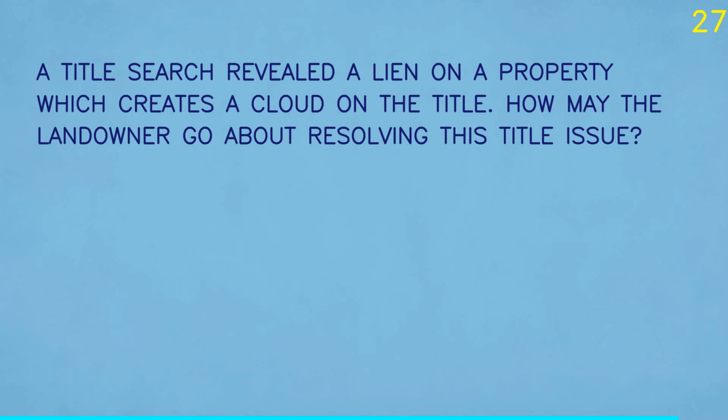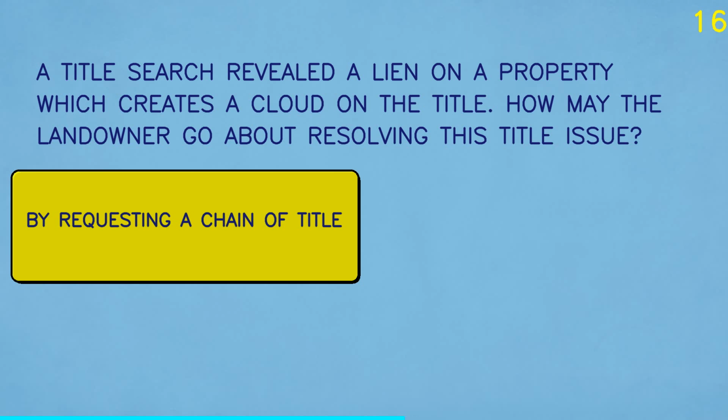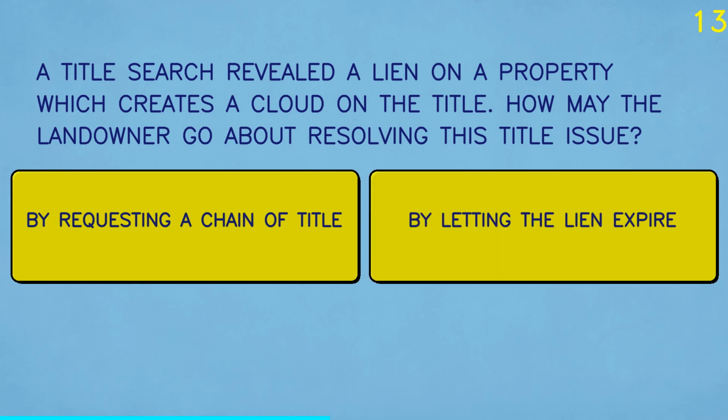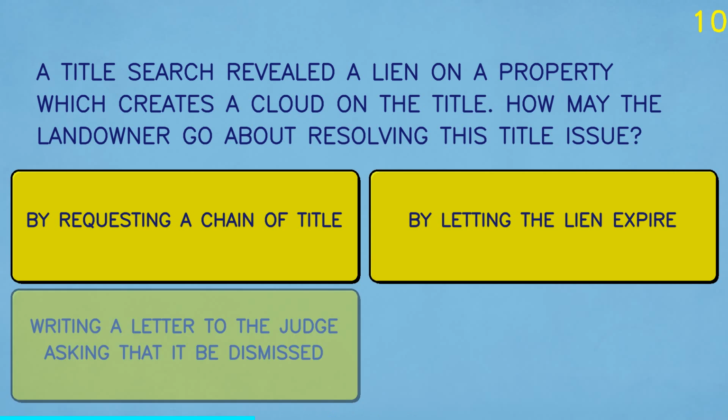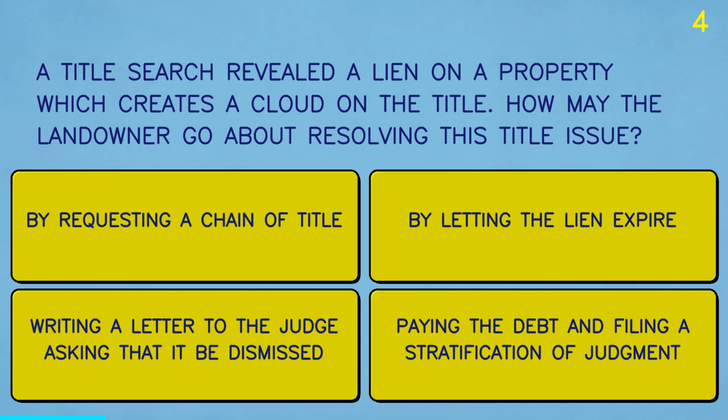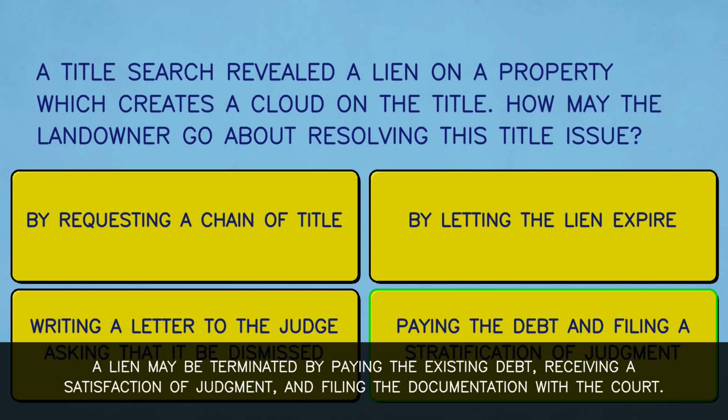Question 2. A title search revealed a lien on a property which creates a cloud on the title. How may the landowner go about resolving this title issue? A. By requesting a chain of title. B. By letting the lien expire. C. Writing a letter to the judge, asking that it be dismissed. D. Paying the debt and filing a satisfaction of judgment. The correct answer is paying the debt and filing a satisfaction of judgment. A lien may be terminated by paying the existing debt, receiving a satisfaction of judgment, and filing the documentation with